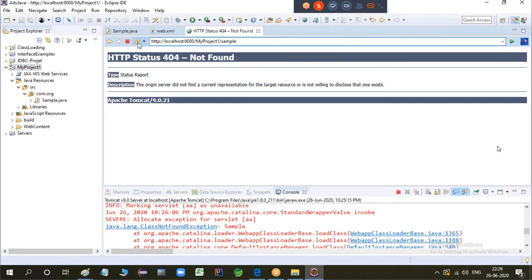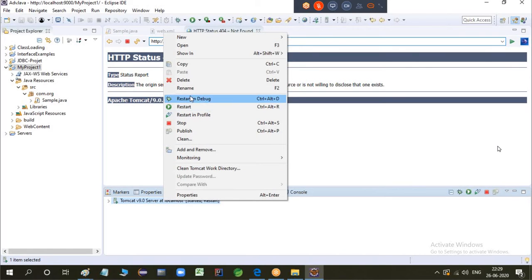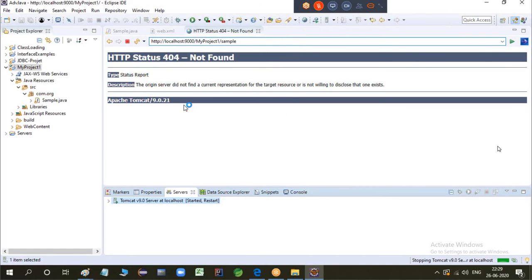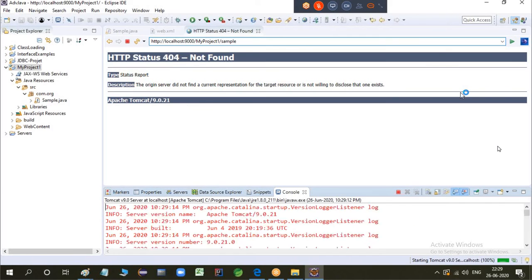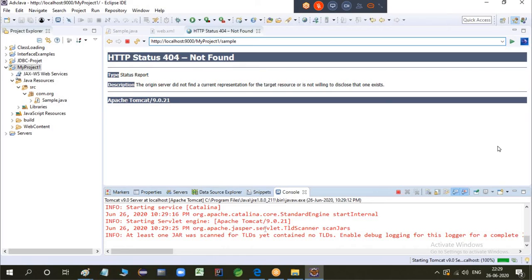Refresh this. 404. Okay, we need to restart the server, I guess. We made some changes. Right click on the server and restart. Server is restarting.